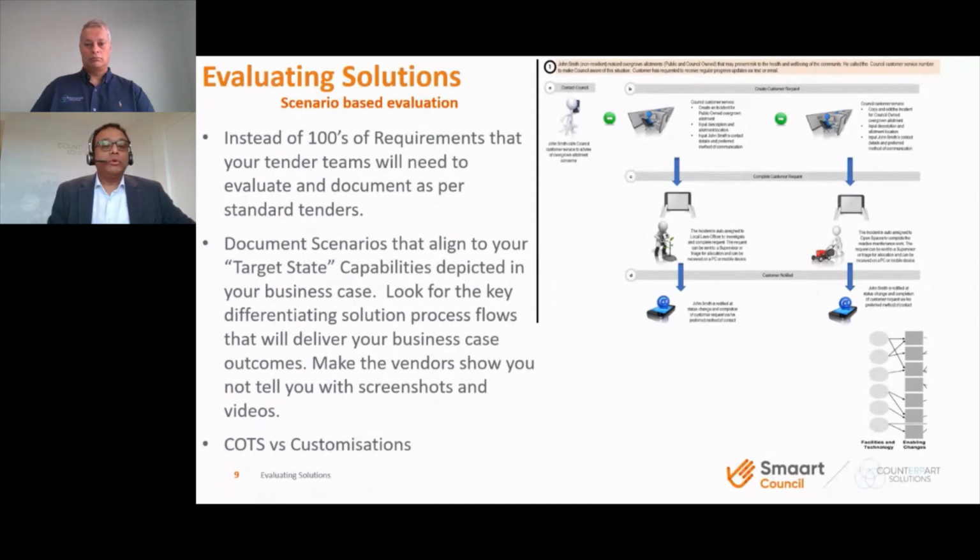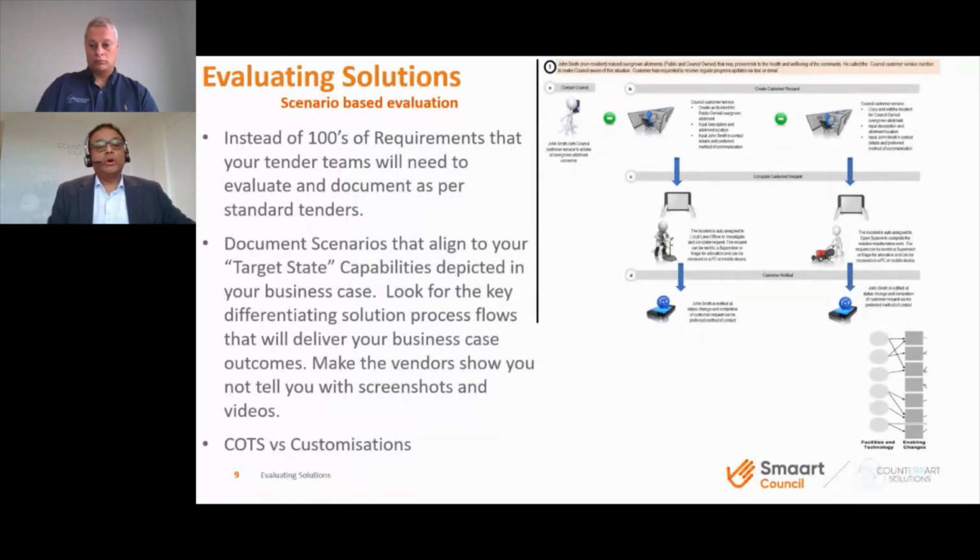And the third component of the solution evaluation would be the customization versus out of the box function. So when you have the digital transformation, there's a lot of business processes that are pre-built in some of the solutions. So we probably have to consider, should we adopt the changes or the processes that are already pre-built and tested elsewhere, or do we need to customize and start doing a greenfield approach where we start from scratch? That is a lot longer, and that could also cost a lot more when you do the digital transformation.